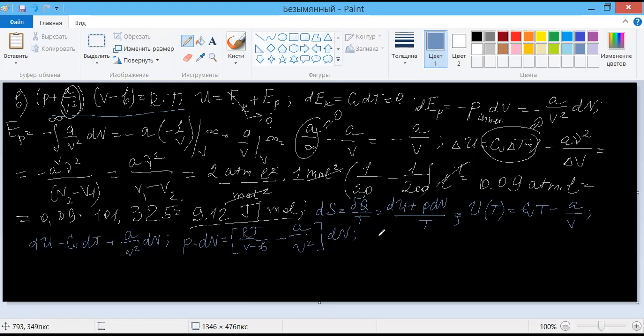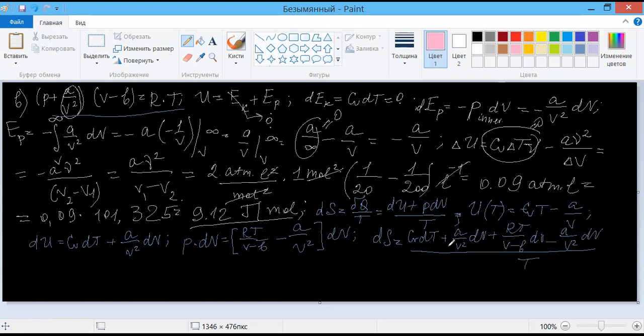So dS equals CV times dT plus A over V squared dV plus, now I'm writing this, RT over V minus b times dV minus A over V squared times dV, and all the sum over T. We see that we can make this expression easier to deal with. Okay, and we finally get